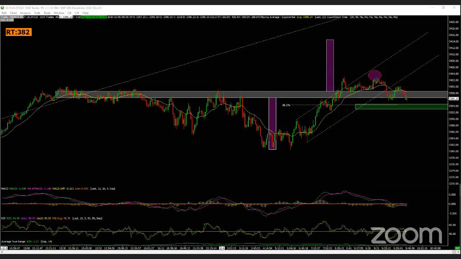So let's see if she's going to want to go here, right? What we would be looking for is a strong green candle closing over the EMA, right? Not right on the EMA. We want it to be at least a tick or two over the EMA.